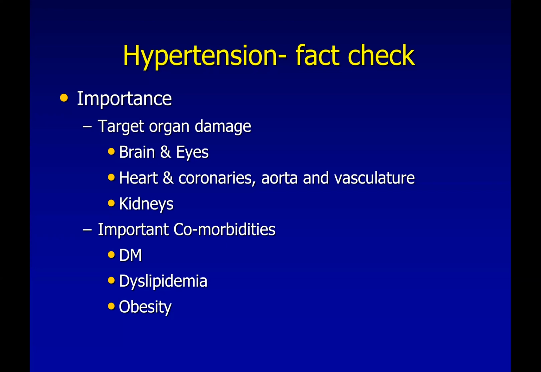The other thing is, if you have hypertension, then you should rule out comorbidities. Diabetes and hypertension are sisters. They stay together most of the time, especially if you also have obesity. So the important comorbidities are diabetes, dyslipidemia, and obesity, which we all need to be aware of, and any hypertension should also be screened for these. With this setting, we will proceed to a case.